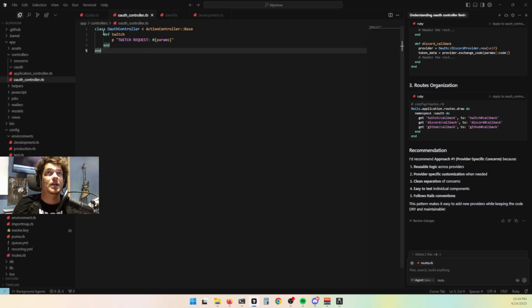In this controller here, it's just a very basic Ruby class called OAuthController, and it's important that you follow this naming convention because this is what Rails follows to point the requests to the right controllers and where to find them. Just to get some sort of functionality going to this endpoint, I'm going to call p "Twitch request" in a string followed by params, which is a method that Rails gives us in this context, just to see what the request includes